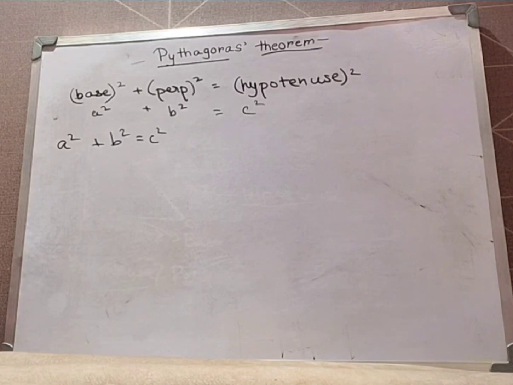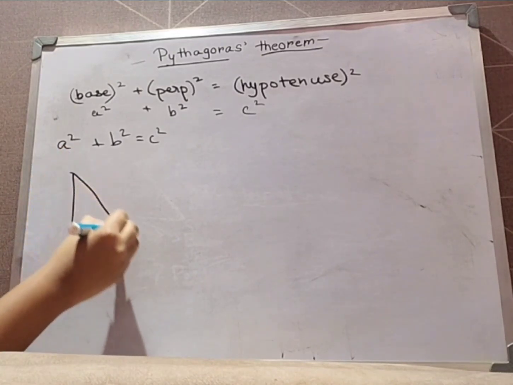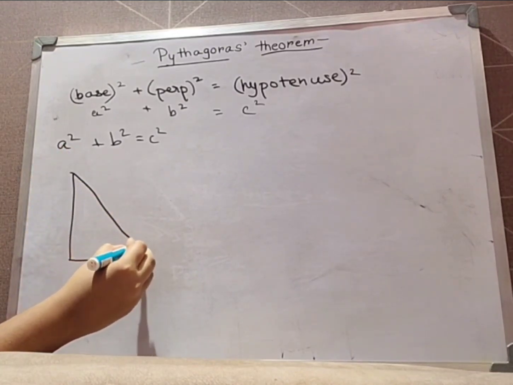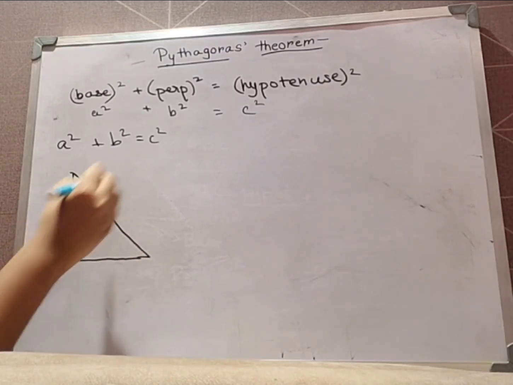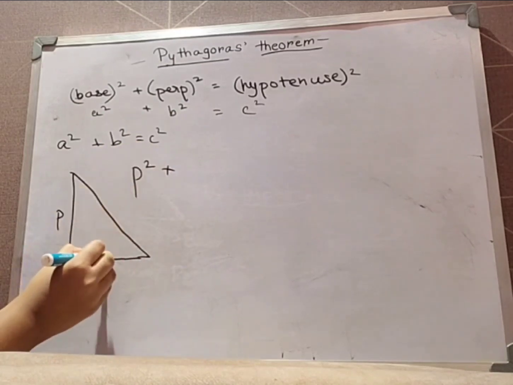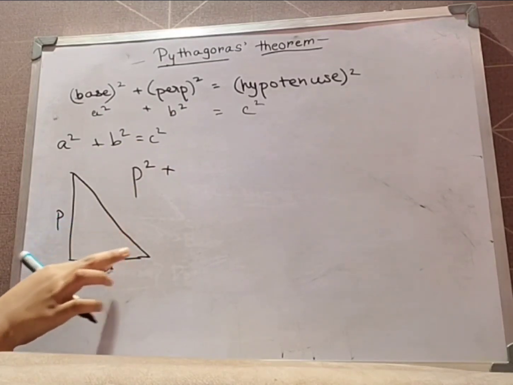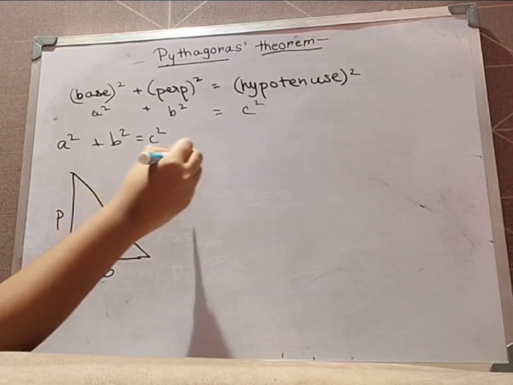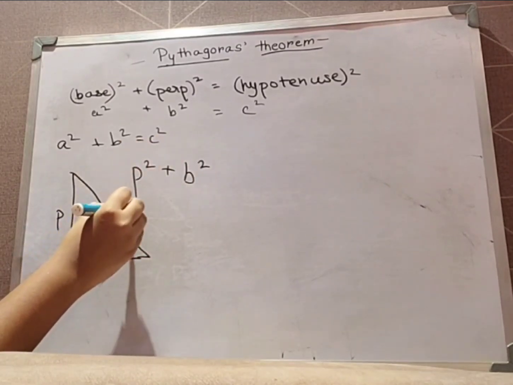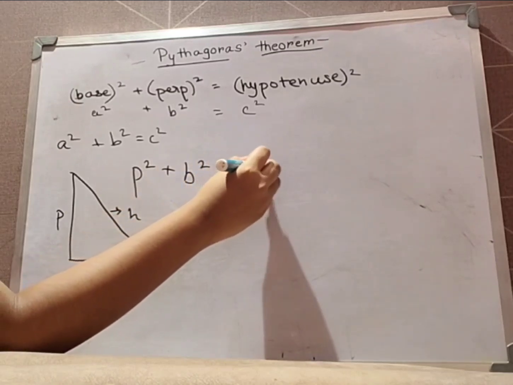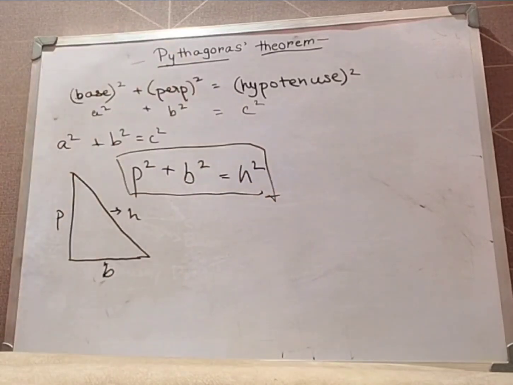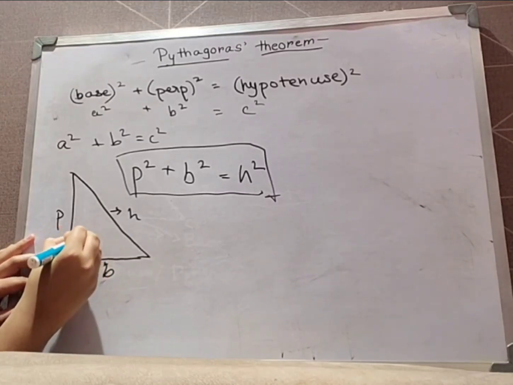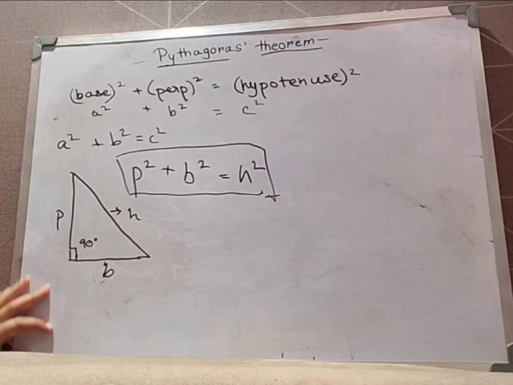Alright, so it's always like this, that a right angle triangle will always look like this, out of which the perpendicular square plus the base square will be the hypotenuse square. This is a law. If a right angle triangle is not matching this law, it is not exactly a right angle triangle. Now here it must be 90 degrees because right angle only means 90 degrees.